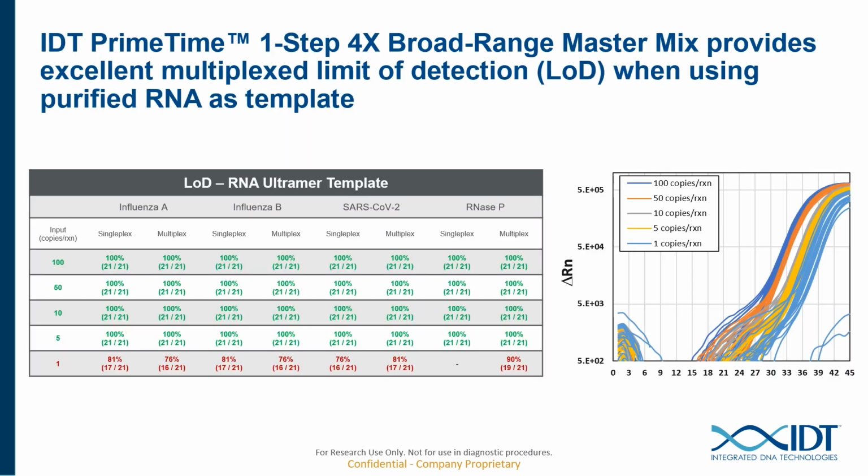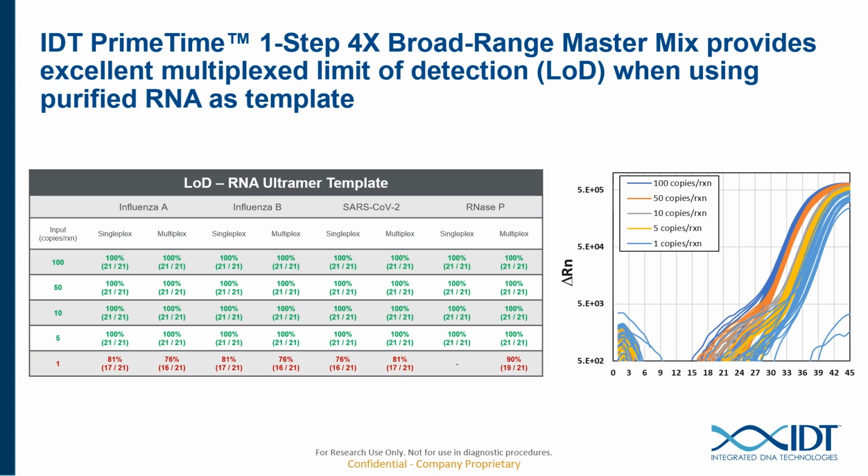IDT's PrimeTime one-step 4x broad range master mix provides excellent multiplexed limit of detection when using purified RNA as template. These data depict the results from RT-qPCR assays containing singleplex or multiplex primers and probes specific for influenza A, influenza B, SARS-CoV-2, and RNase P genes used to amplify 100, 50, 10, 5, or 1 copies per reaction of